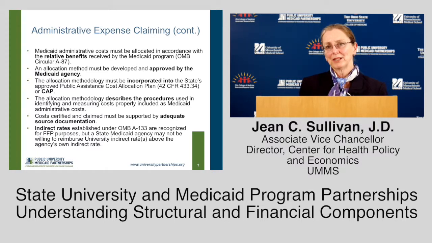And when you have a mixed effort like that, it's important to be able to figure out how much of the total operations of that research group, if you will, is directly related to Medicaid and how much is really just of general interest to the general population's health and improvement. And that is the essence of cost allocation.